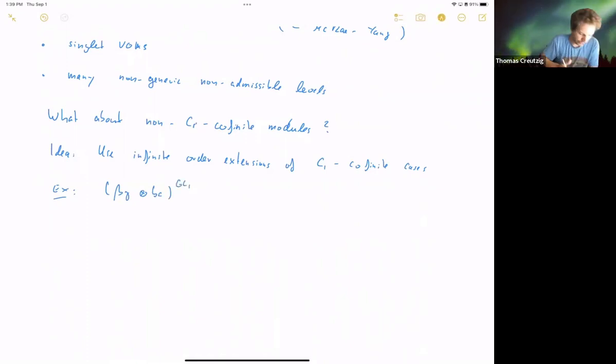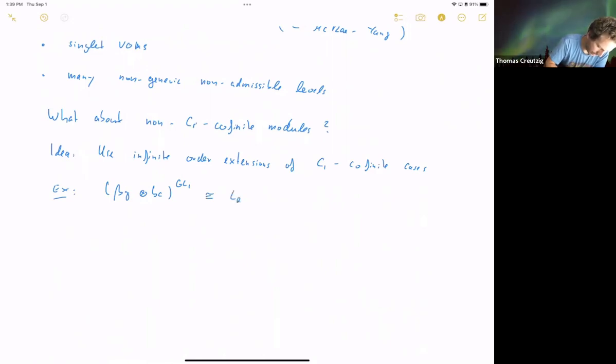So it turns out you take a beta gamma system and a BC system, a pair of beta gammas and a pair of fermions B and C. Then you take the GL1 invariant, so you have a GL1 and the corresponding orbifold is generated just by the bilinears beta gamma, BC, beta C and B gamma, these four fields, and the OPE of these fields is the one of GL1/1.